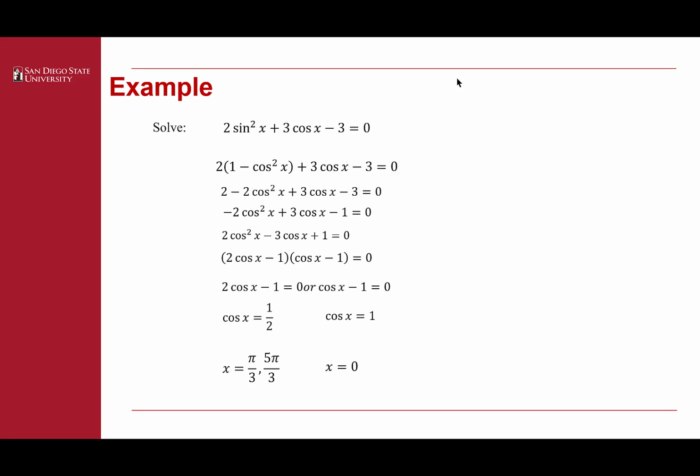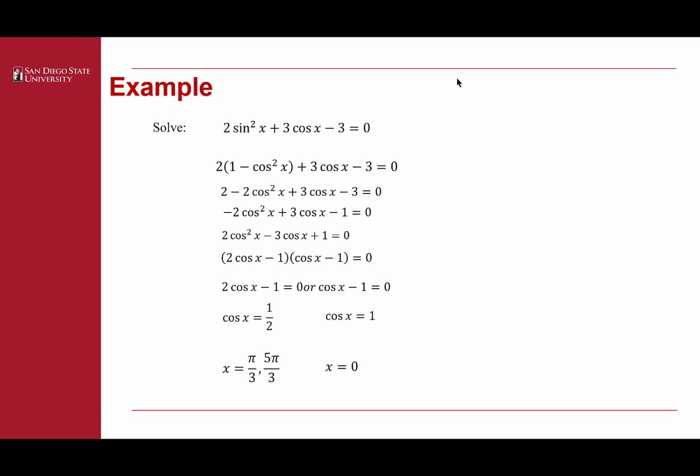Let's look at another one. 2 times sinus square x plus 3 times cosinus x minus 3 equals to 0. Here we should use another identity relation using the Pythagorean theorem. Sinus square x can be written as 1 minus cosinus square x, as we already learned that sinus square x plus cosinus square x always make 1, and this is independent from the value of the angle